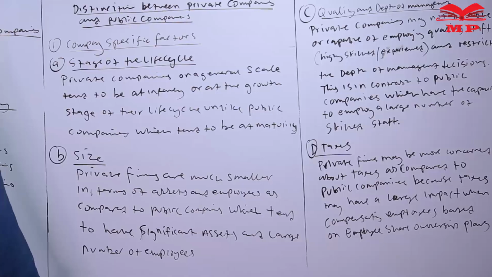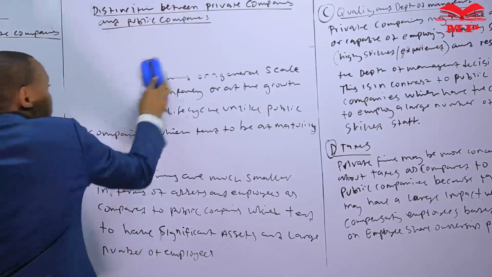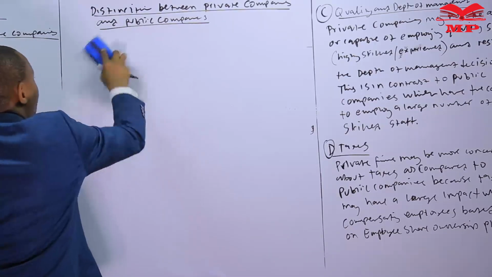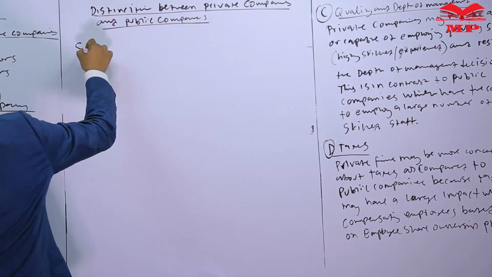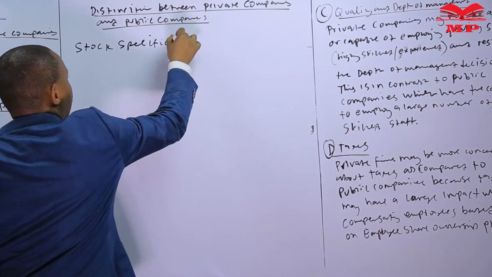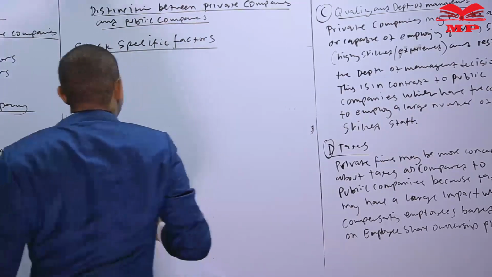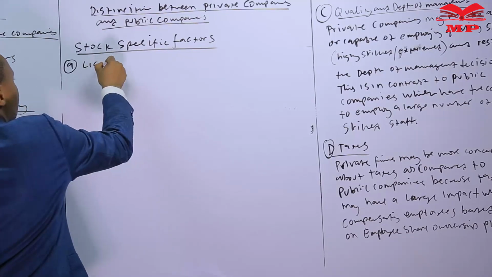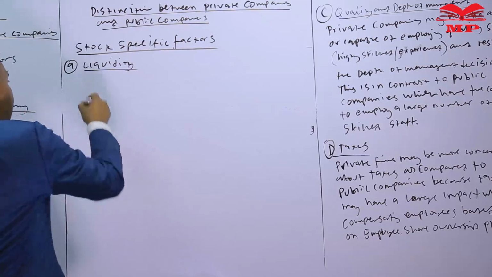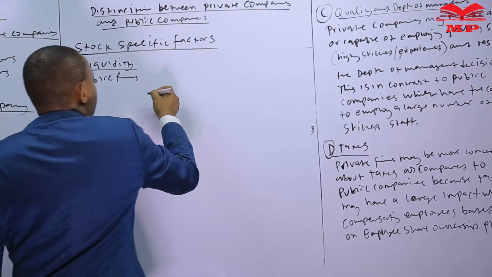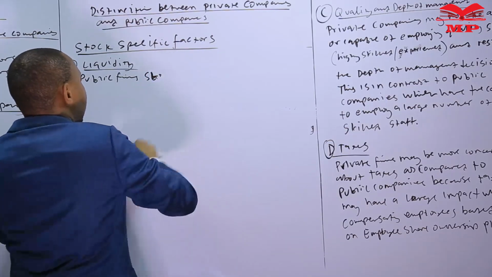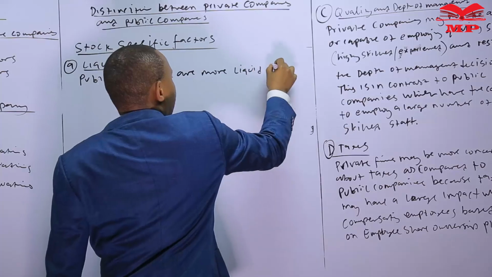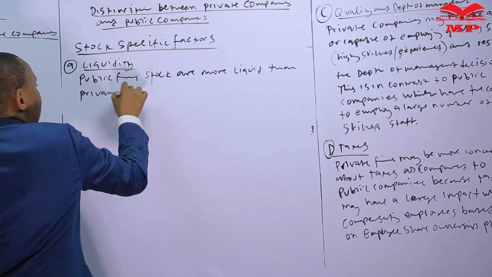Now let's look at the stock specific factors that distinguish private companies from public companies. Under the stock specific factors, we are going to look at three components. So the three components that distinguish private companies from public companies. The first one, A, liquidity. So we say public firms' shares, stock, are more liquid than private firms